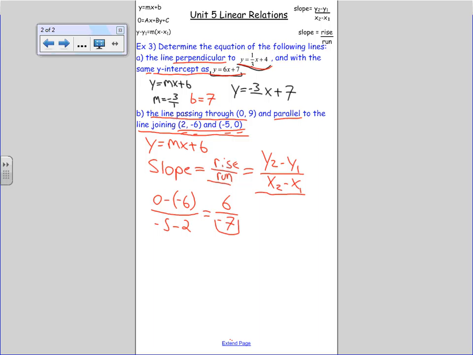Yeah, and the y-intercept, they gave it to you because it says there the line we're looking for passes through 0, 9, which just happens to be the y-intercept. So if we want to write out a line in y equals mx plus b, I can use it like 6. So it would be y is equal to -6/7 x plus